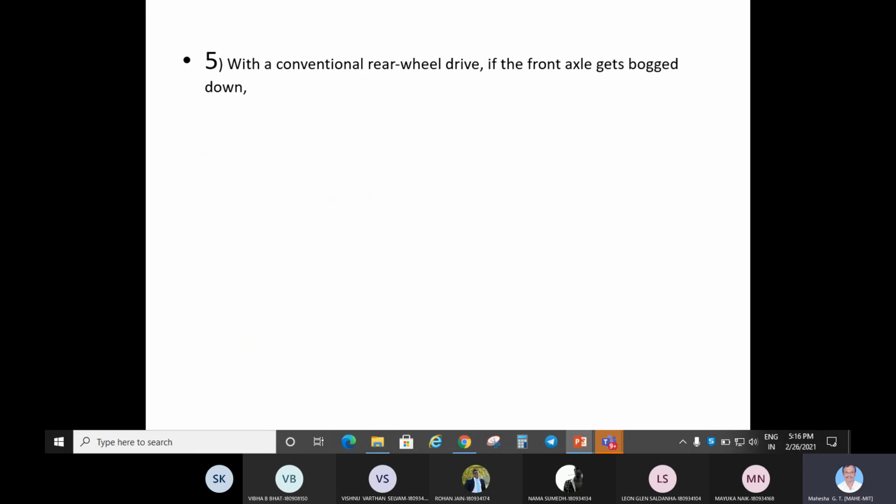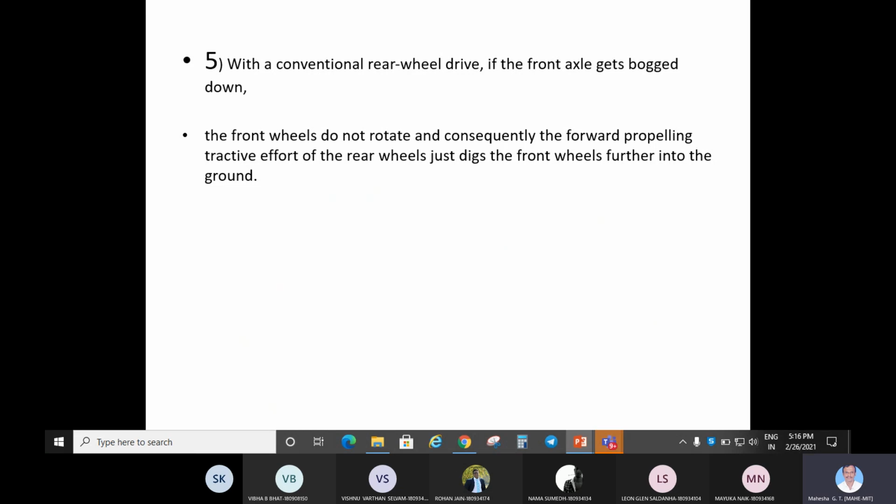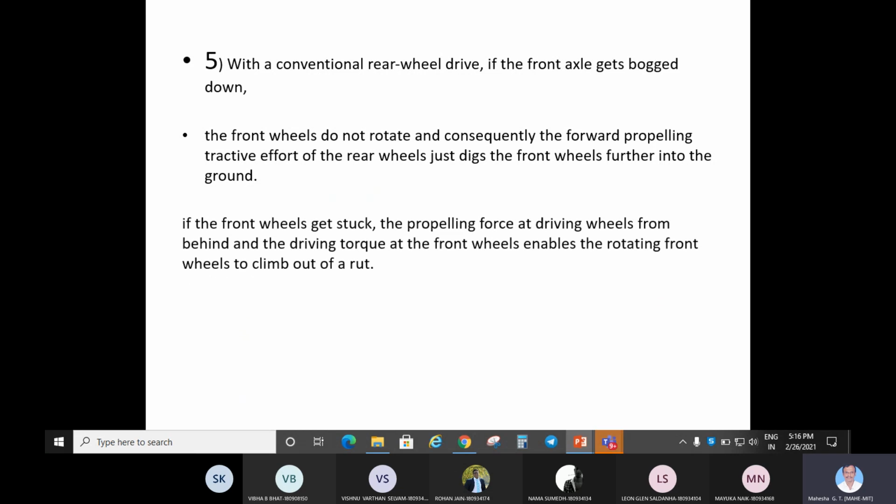This is the other issue that was there with rear wheel drive 4x2. Digging the vehicle out of a rut or out of a pothole will sometimes be a difficult proposition. However, in this case it is not so. Even if some wheels are stuck in some irregular surface, you can easily come out of it, and then of course you can stabilize the system.